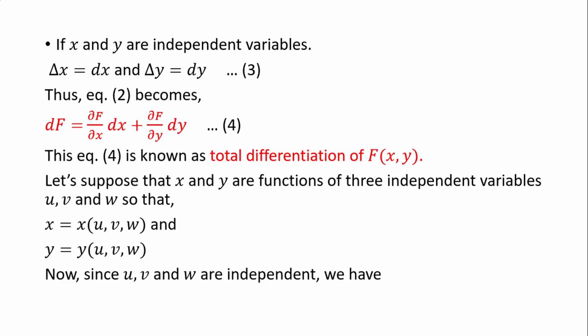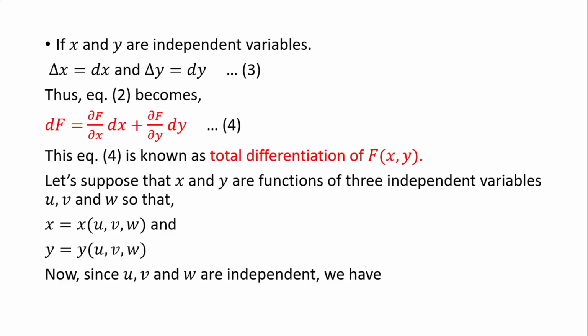Now, in order to move to chain rule, let us suppose that x and y are functions of three independent variables u, v and w. So f is a function of x and y, and x and y are again functions of u, v and w. So we can express x as x(u, v, w) and y as y(u, v, w). Now since u, v and w are independent,